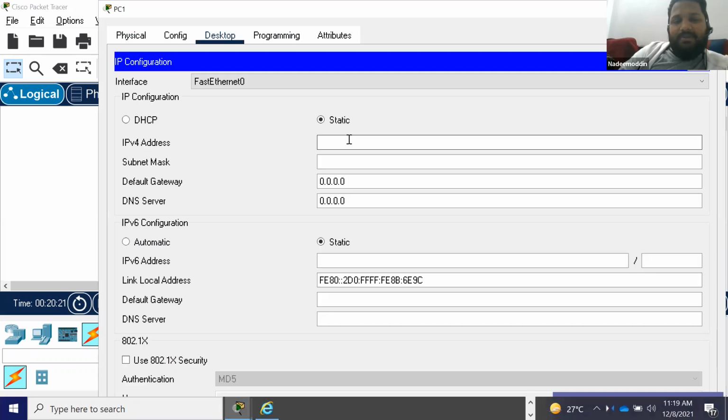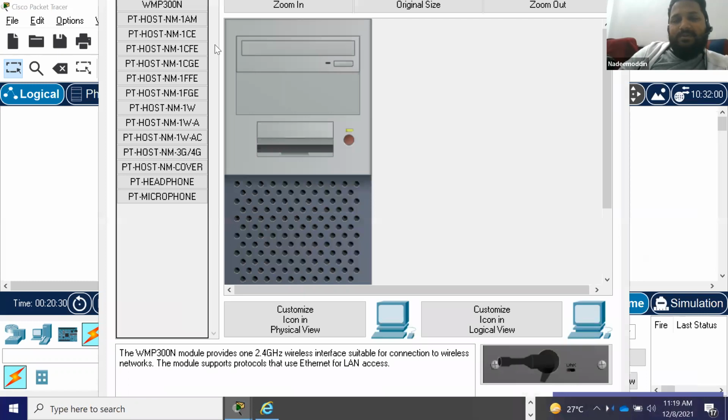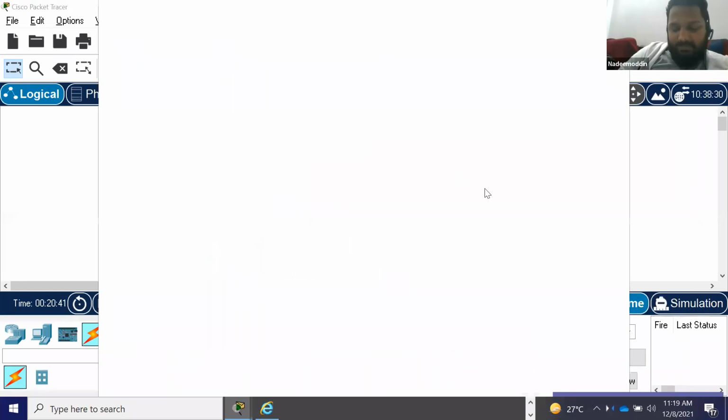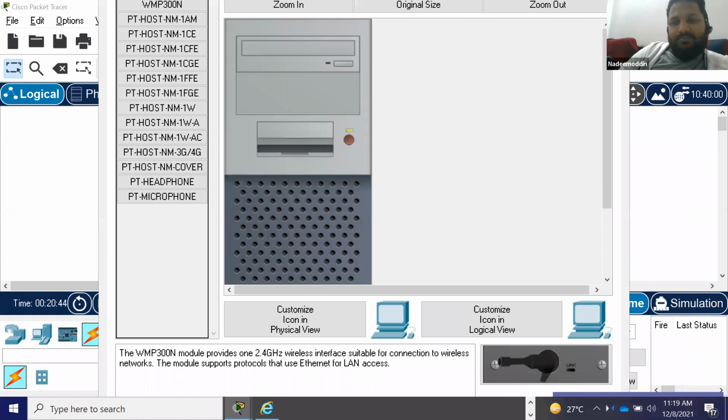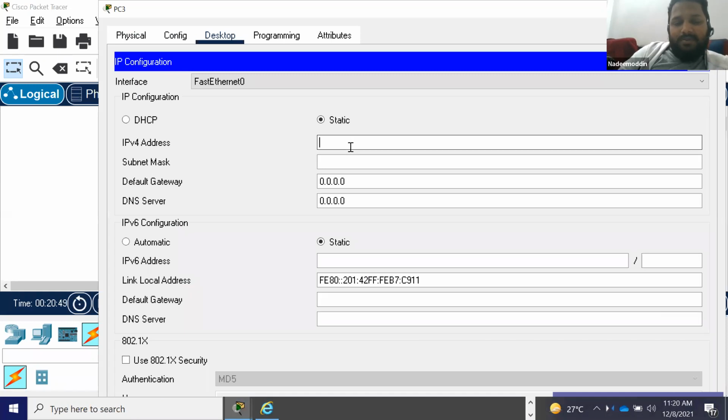Then 192.168.10.2. Then I will go to this machine. 192.168.20.1 and 192.168.20.2, this much.